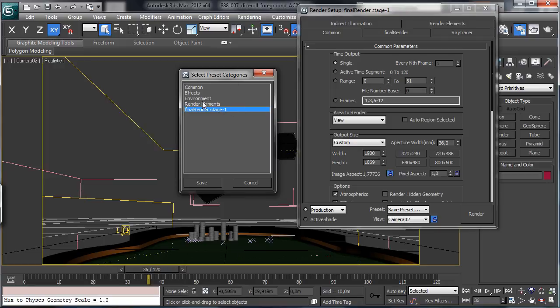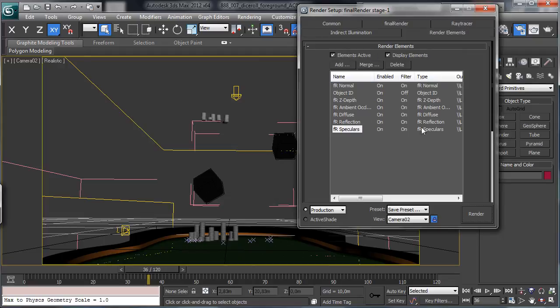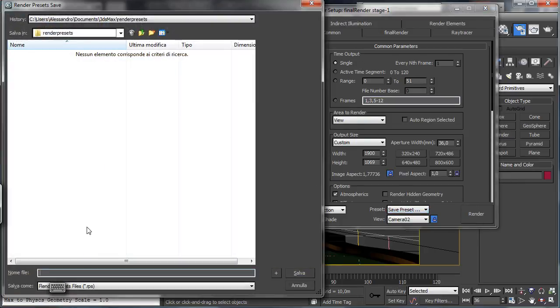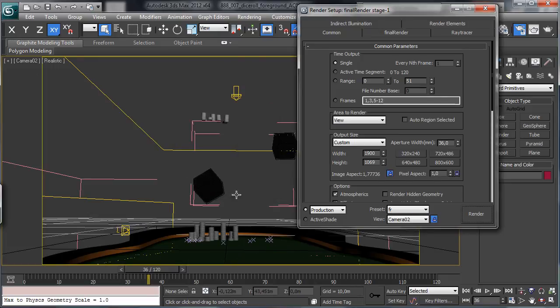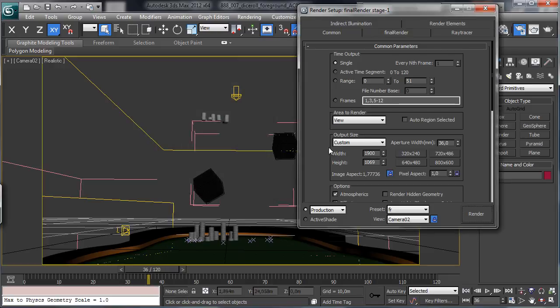Let's think, for example, about saving just the render elements, because in this case we'd like to have as output all these passes and layers for an entire set of shots rendered with final render on different scenes. So we can say save preset, name it final render, and then save, and we decide to have just the render elements and save. Okay, everything is saved inside this one, final render.